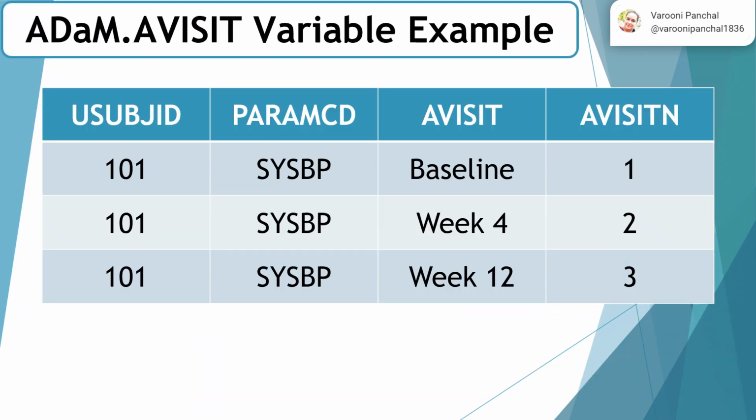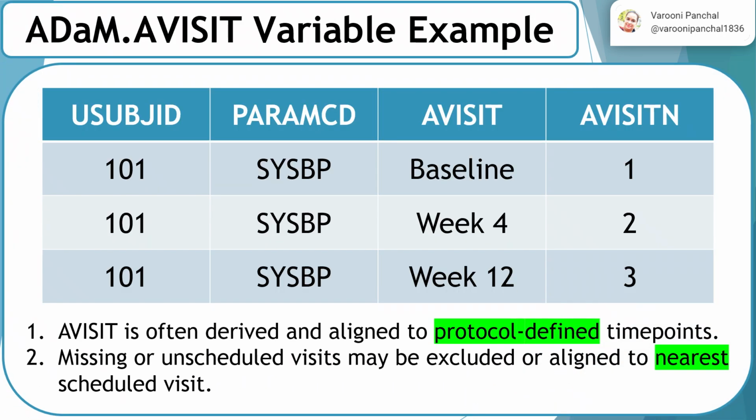Now let us go through the ADaM.AVISIT example. This is the same unique subject ID 1001. The param code is systolic BP, blood pressure. The AVISIT is my baseline, week 4 and week 12. Now the AVISITN is 1, 2, 3. So this is the same baseline at which particular